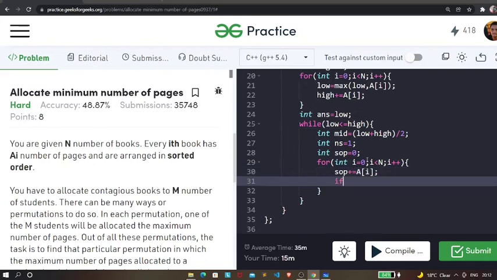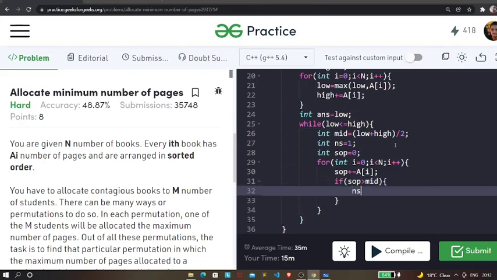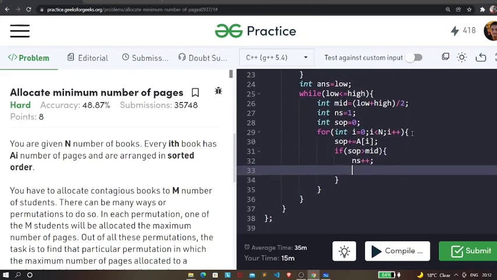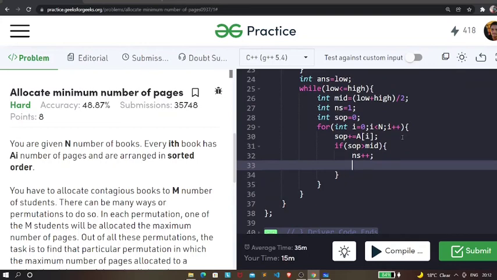Now if our sum becomes greater than the mid, in such a situation we need to increase the number of students, and update our sum to a of i, because if we update our sum to 0, then we are not going to consider the current number of pages. But we need to consider that, so we are making it a of i.